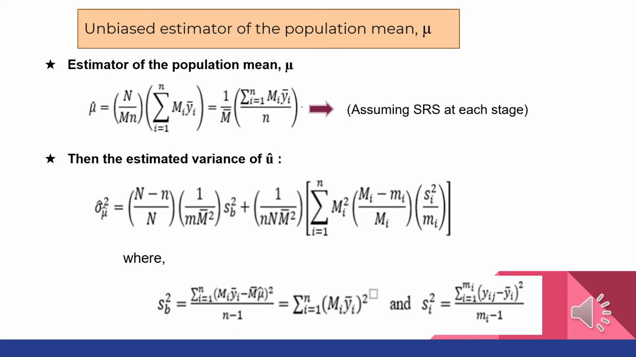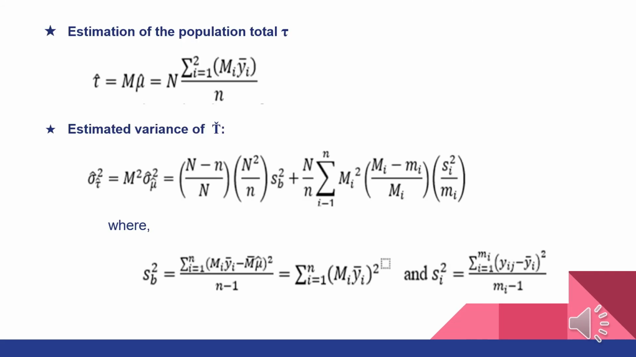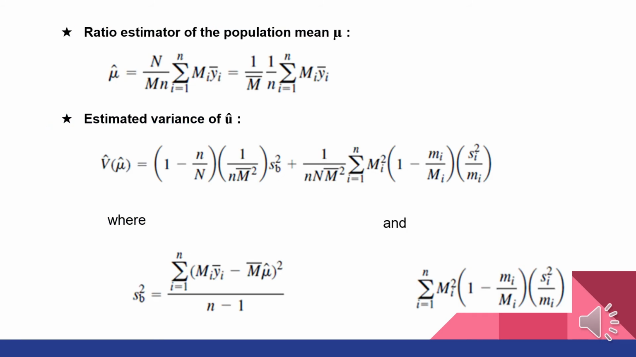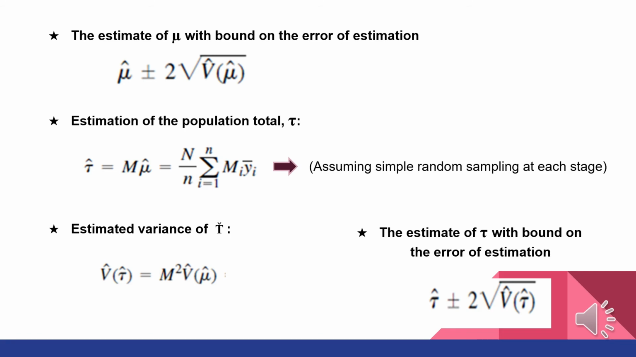Then the estimated variance of mu hat, estimation of the population total, estimated variance of T hat, ratio estimator of the population mean, estimated variance of mu hat, the estimate of mu with bound on the error of estimation, estimation of the population total, estimated variance of T hat, the estimate of the population total with bound on the error of estimation,